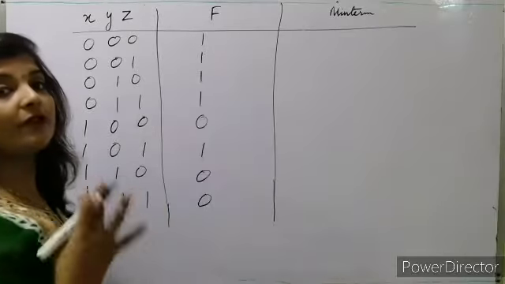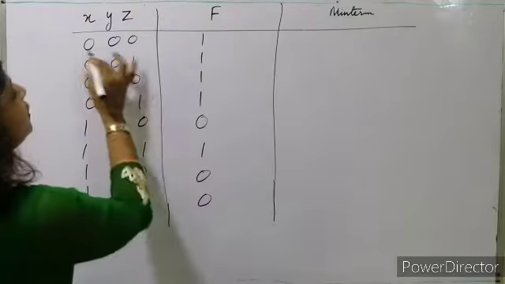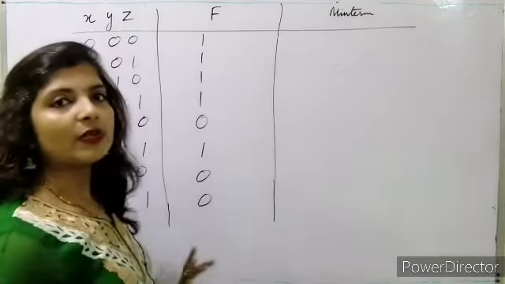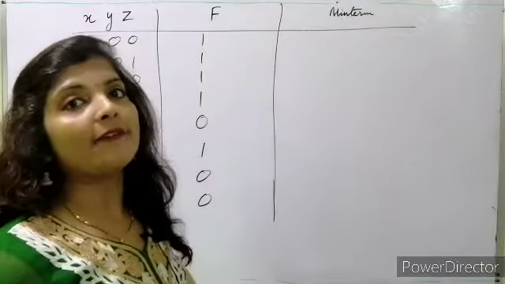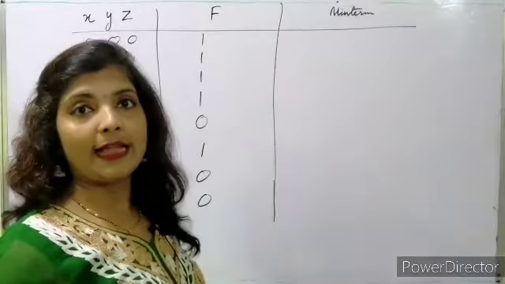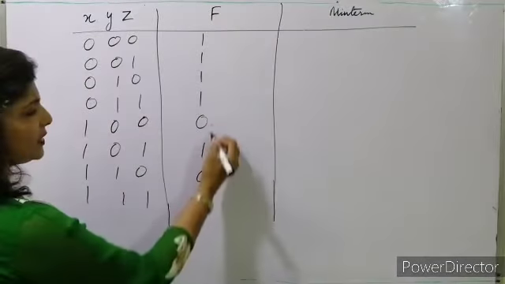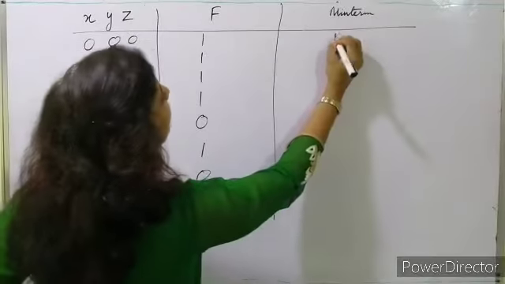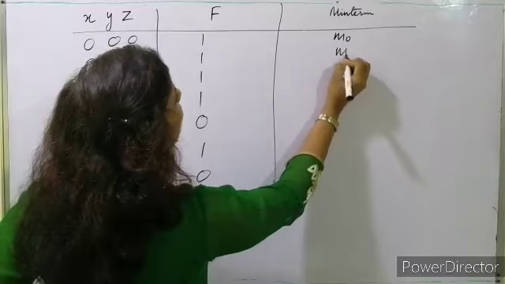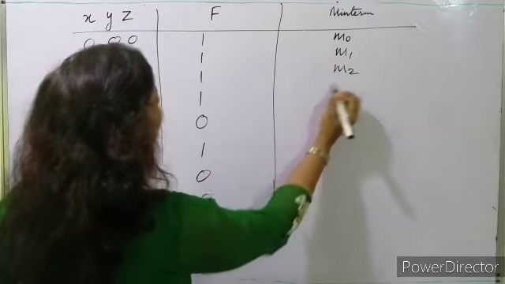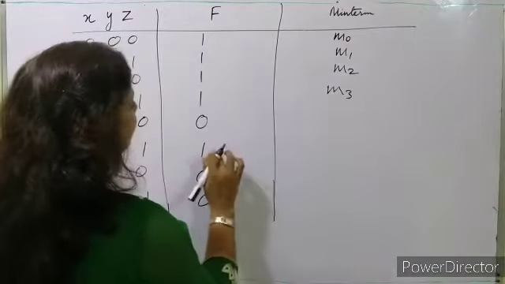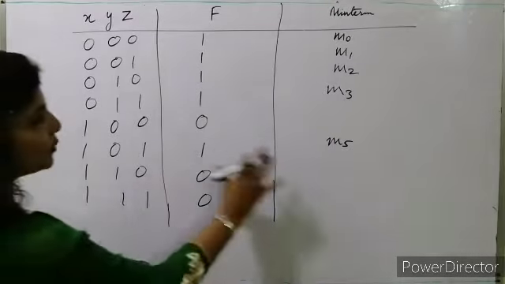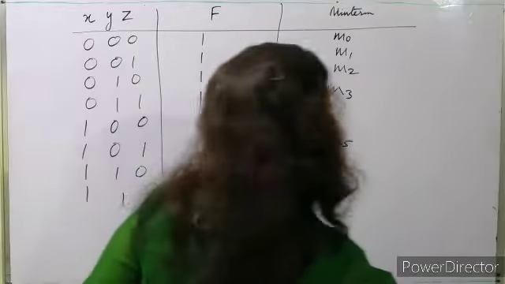This is also called as min term, min term को हम क्या कहते हैं, min term को we also call SOP, sum of product. Okay. The truth table is given in the question and you have to directly write f. तो f का function क्या होगा, how you will find it? So this is f का function, मतलब जो भी 1 है ना, we'll take that one. So 1 है मतलब that is there in f और जो 0 है मतलब that is not there in f. So ये 0 पे 1 है, m0, m1, m2, m3 and 5, m5. बाकी सब पे कुछ भी नहीं है. So we'll take these things only.